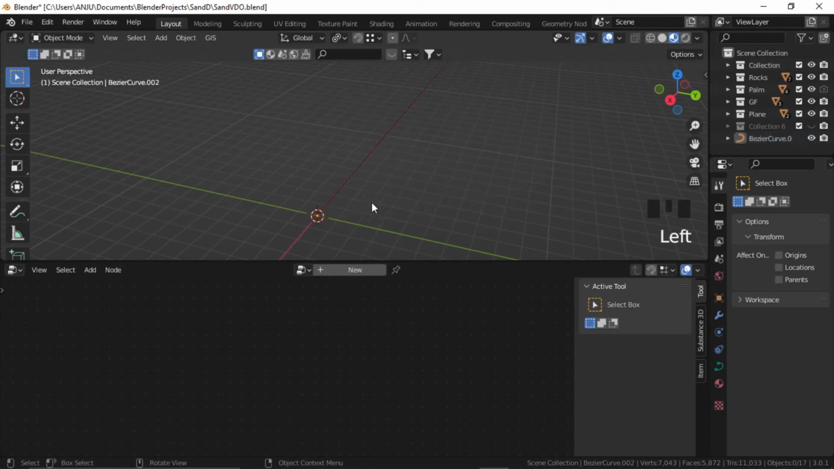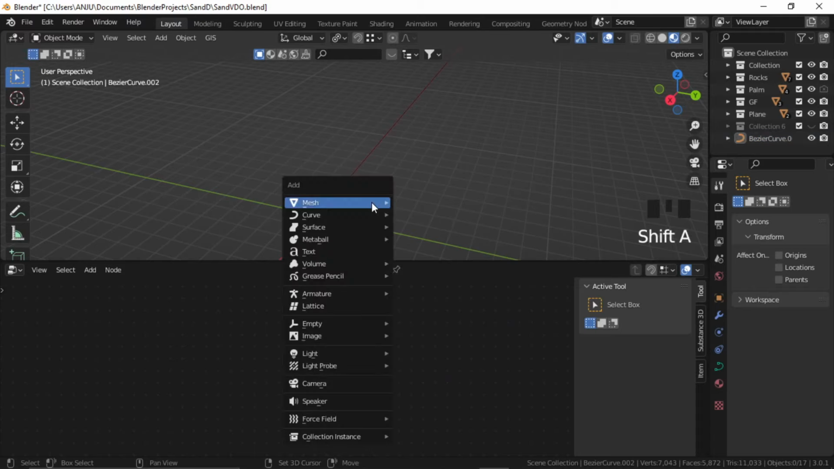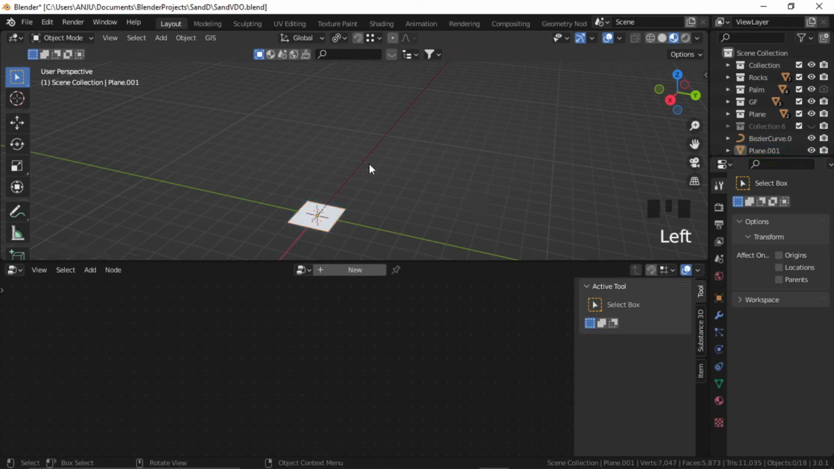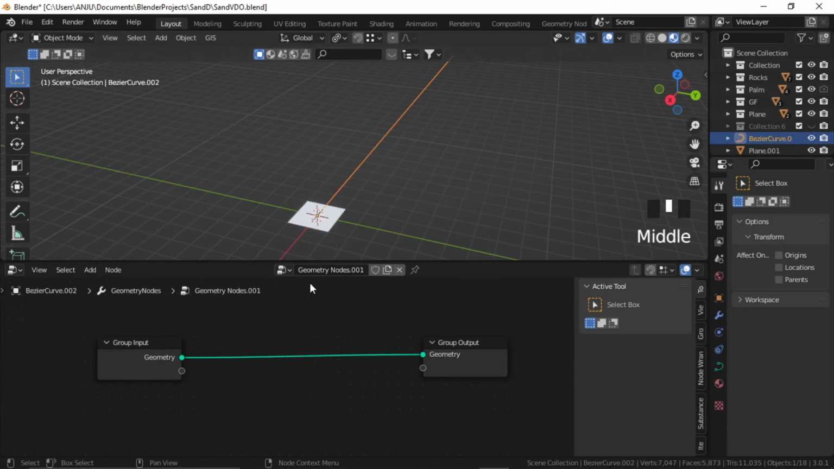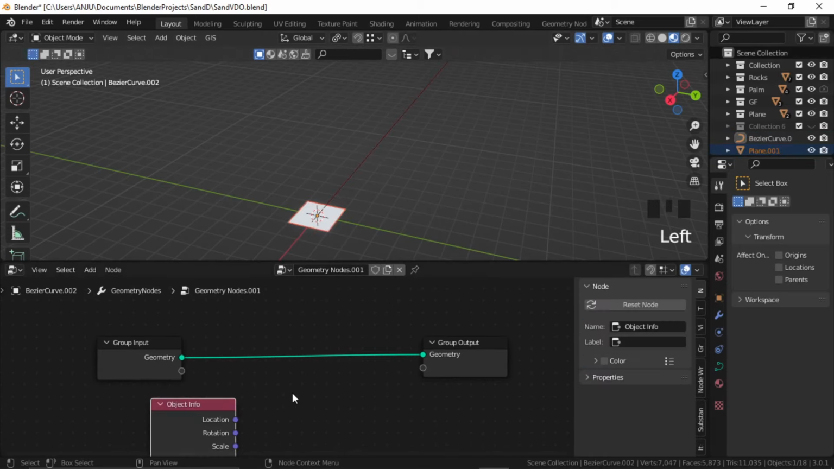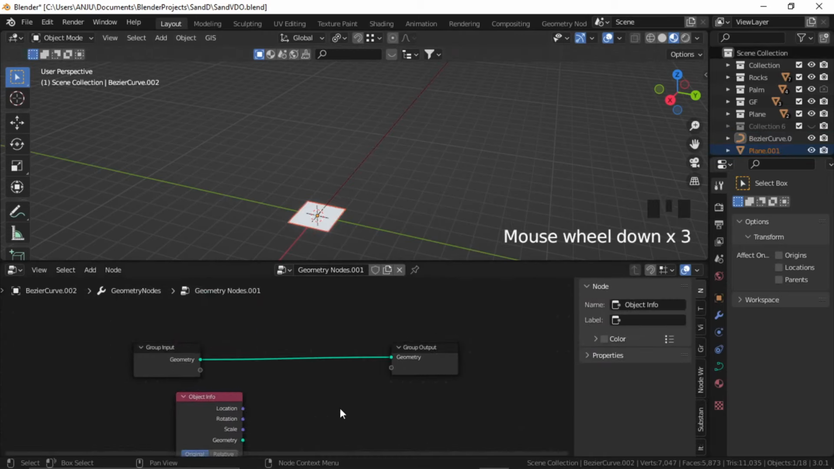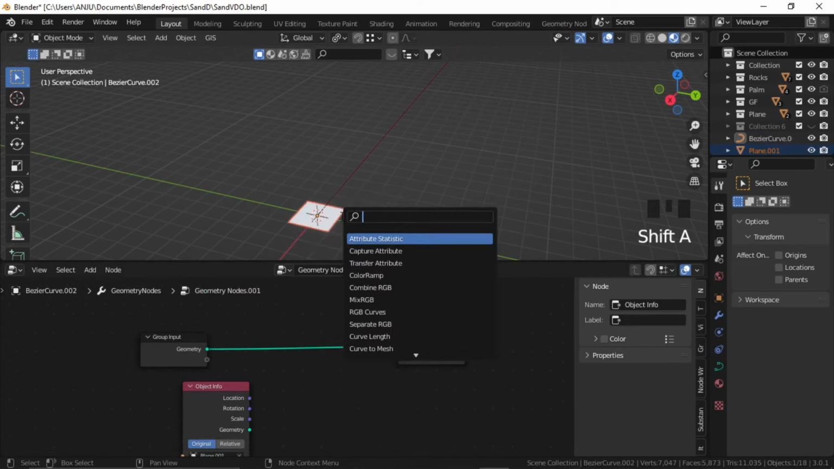Now I'm gonna use a simple plane to distribute the rocks. So Shift A and add a plane. Now select our curve and create new. To create a new geometry node, drag that plane inside our geometry node editor. Now let's again add a resample curve node,